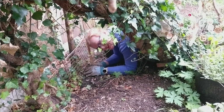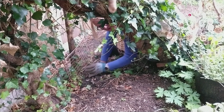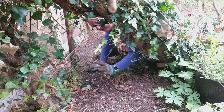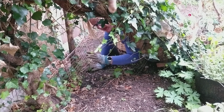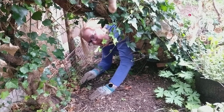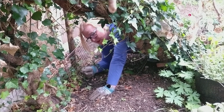Can you see me through it? So this is the problem I've got. We have this slanted lilac tree which has become overrun with ivy, which is really good as a nectar source, but it was making the tree very top heavy, and it's got this precarious angle to it. And to be honest, it's been like this for the whole 25 plus years that we've